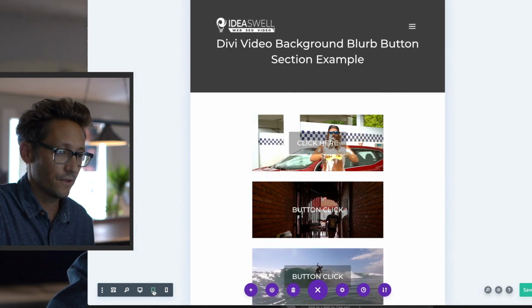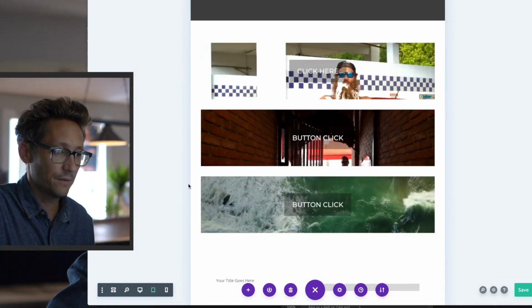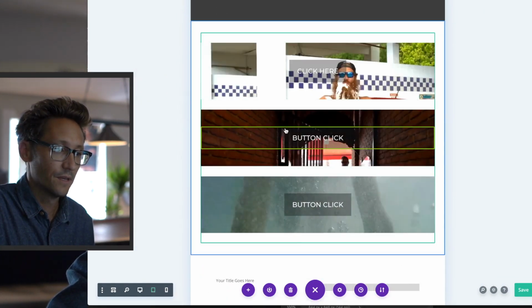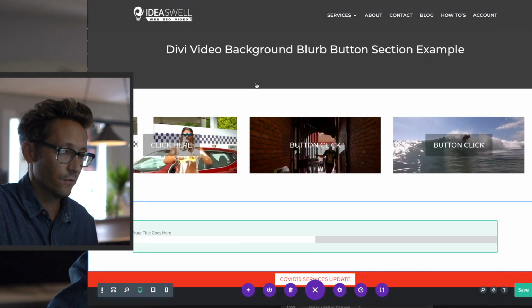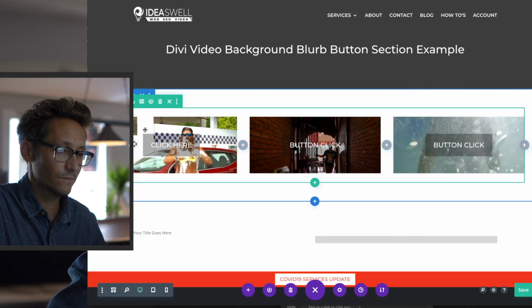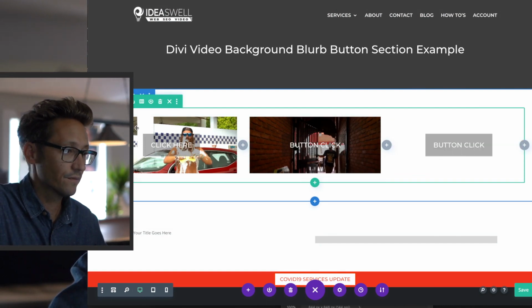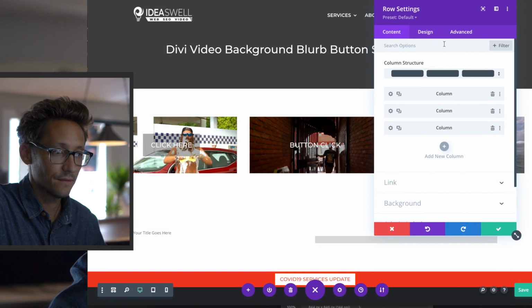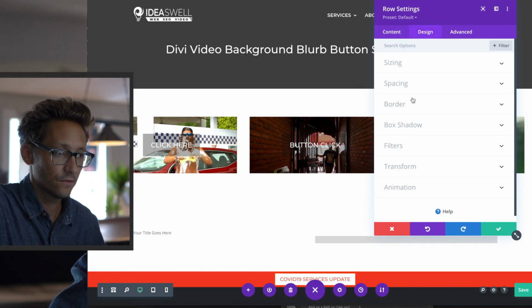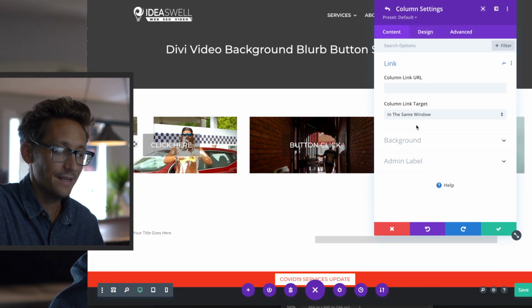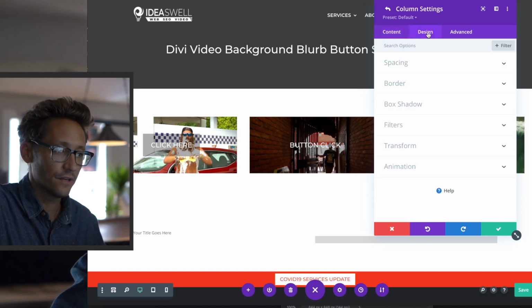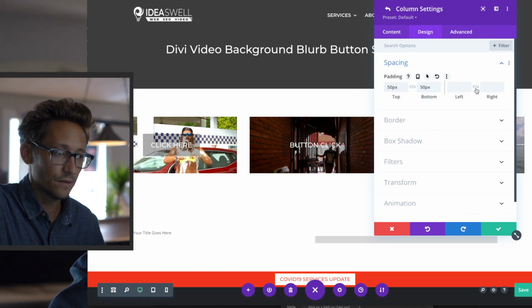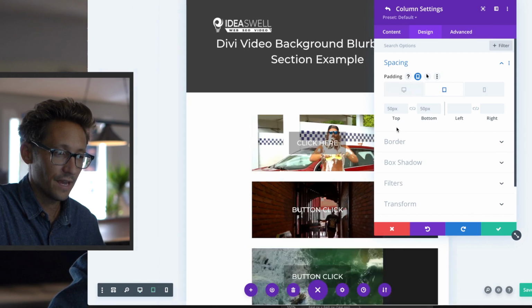So now when it comes to tablet, another thing we can do is add a little extra spacing on tablet so that they're not quite so wide and short. So let's do that. Unfortunately, you have to do that in each column section settings, or in each column settings within the row. There we go. Alright, so spacing, top and bottom, we're going to change this on tablet